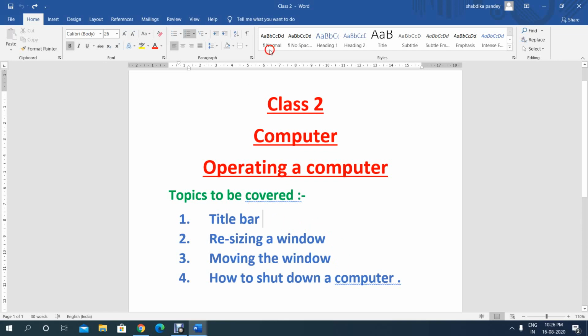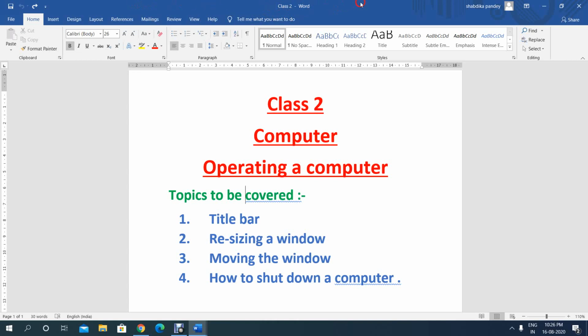So children, as you can see, whatever is open in the desktop, it is the Microsoft Word window. So the topmost blue bar of the window is the title bar. Understood?